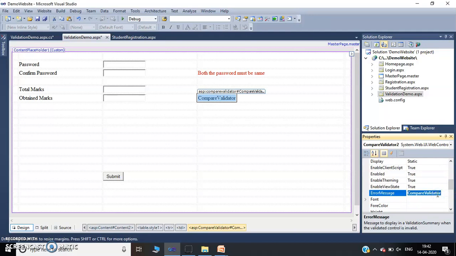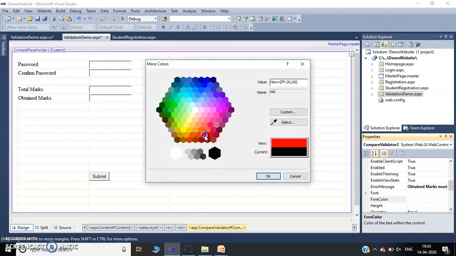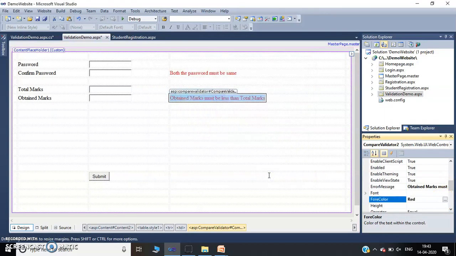Write error message: obtained marks must be less than total marks. In the same way, you can change the fore color, make it red. So once an error occurs, it will display highlighted. It will be visible easily to the user.